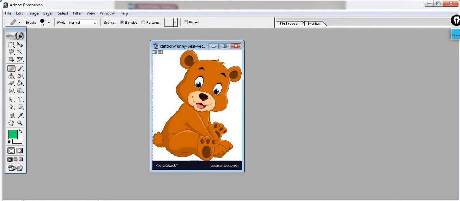I have selected that, and now here I will select the source color. Source color means I want to heal. Suppose I want to remove the pimple from your face. So your skin color, I will select that skin color as a source color, and I will heal that pimple using that skin color, right?